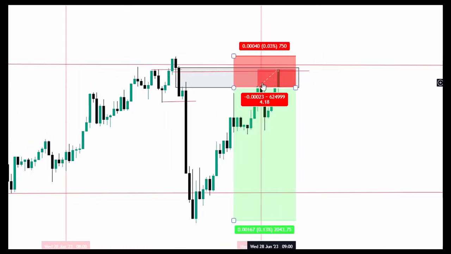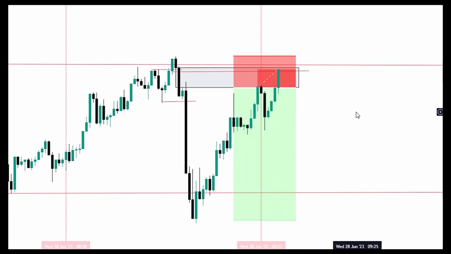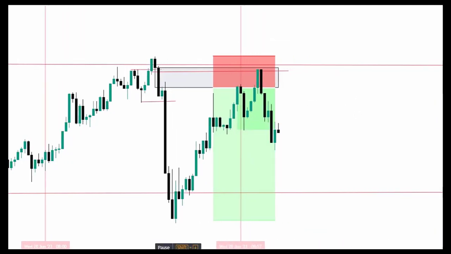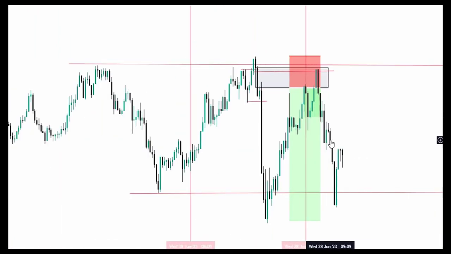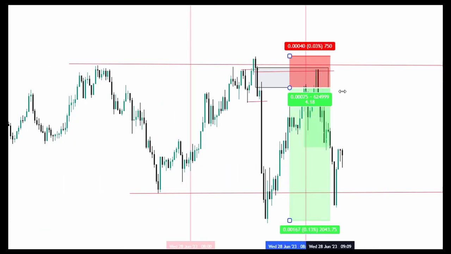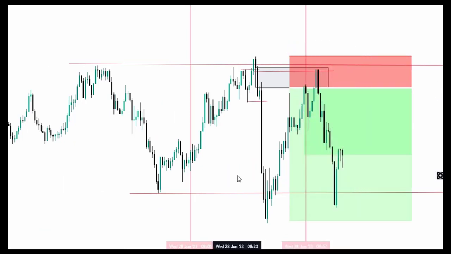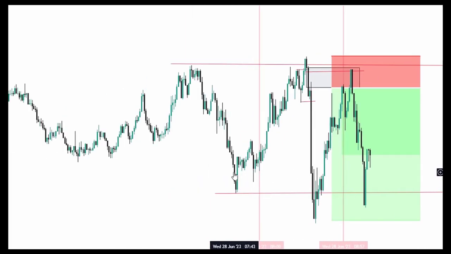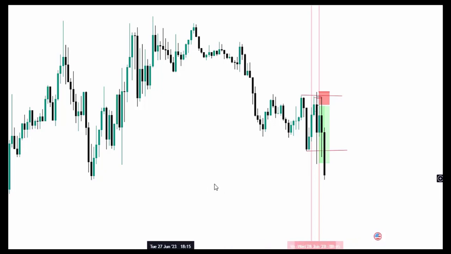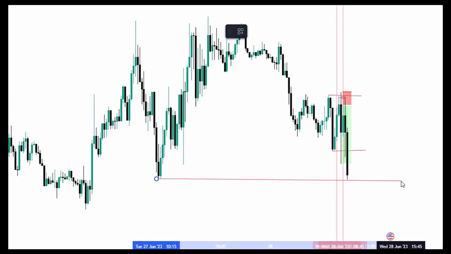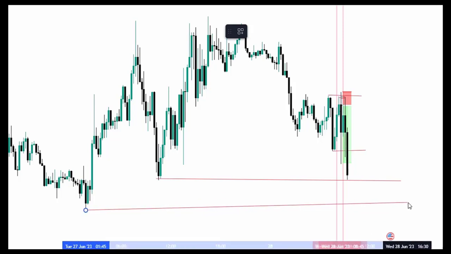As you can see, price eventually came back to our entry point, and let us play this chart again to see what happens. As you can see, price is eventually coming closer to our take profit. You can switch over to the 15 minutes chart to look for liquidity levels where you can place your take profits. If you switch over to the 15 minutes chart, you can see that we have our swing point here, which has already been taken. We have another swing point here,